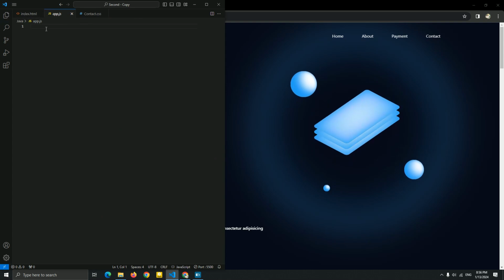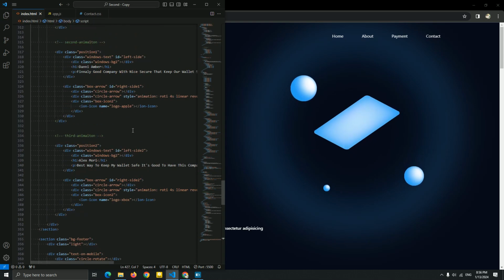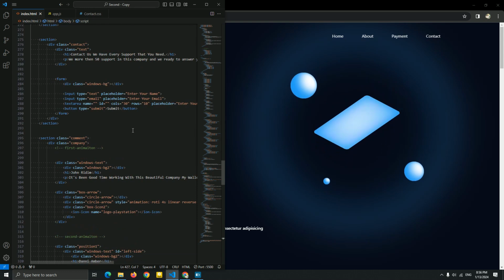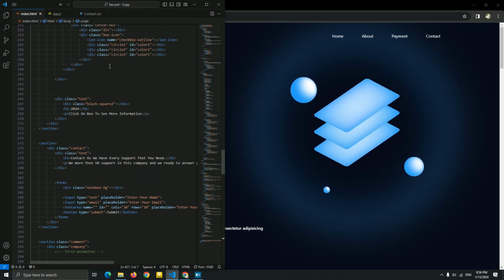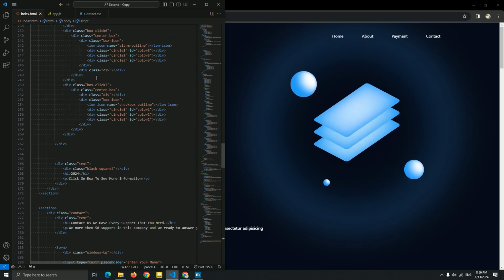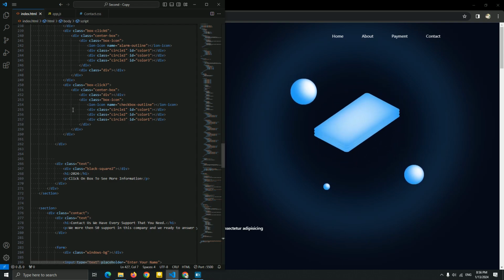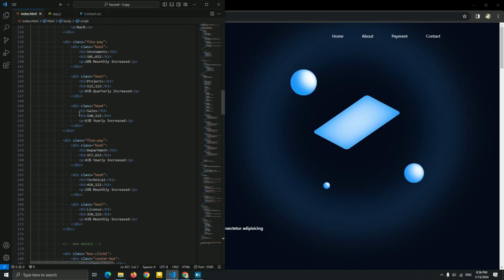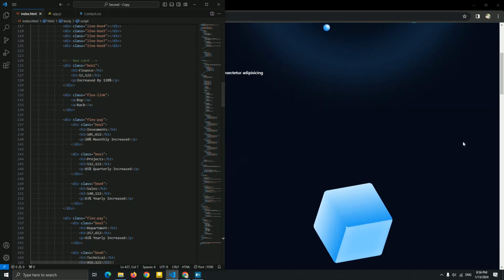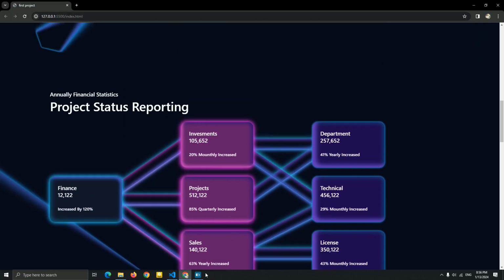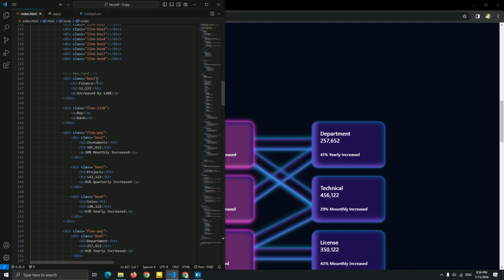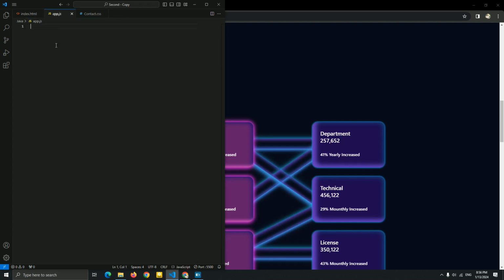So in JavaScript, guys, I don't want to use ID for this. Instead, I'm going to use a query selector to call this div in JavaScript instead of using an ID. For example, let me show you. We have 7 boxes for this payment page, as you can see. As we named them box 1, box 2, box 3, I'm going to use a query selector for this. So let me just create it right now in JavaScript. First, let's start with box 1.